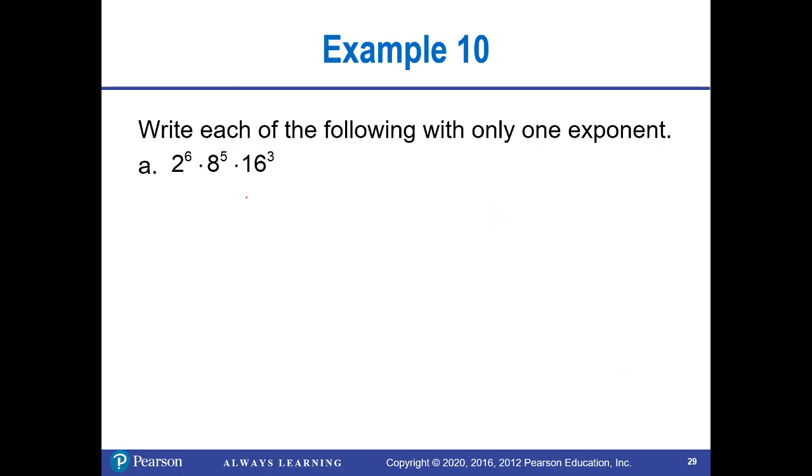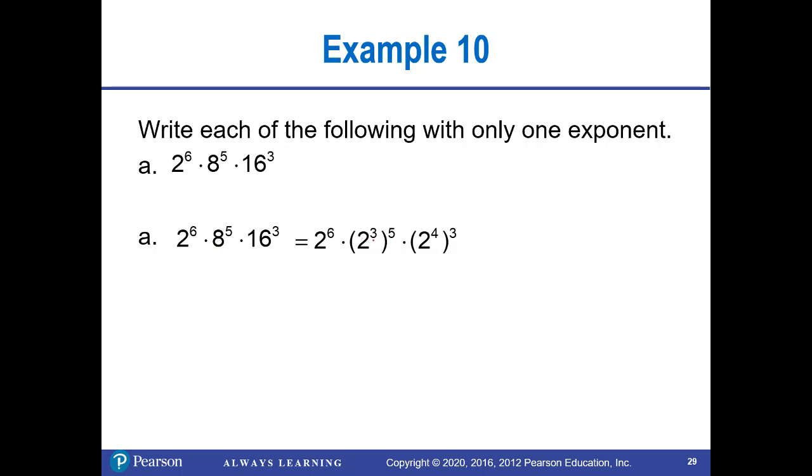So if, for example, here we have some problems, we want to write the following using just one exponent. So all of these are powers of 2. 8 is 2 cubed and 16 is 2 to the 4th, and we can use that as we do this. So this would be the same as